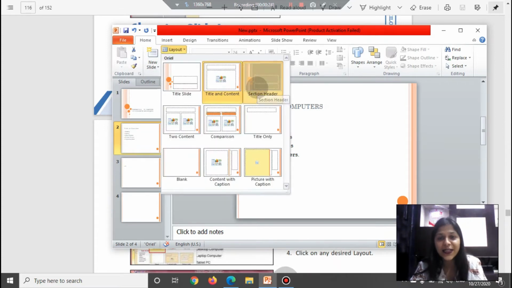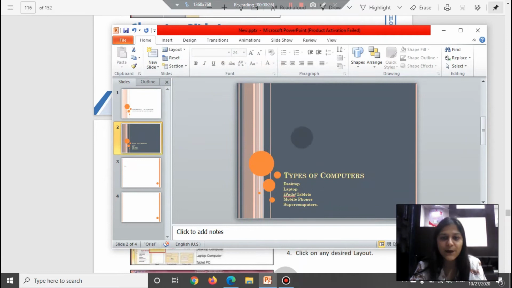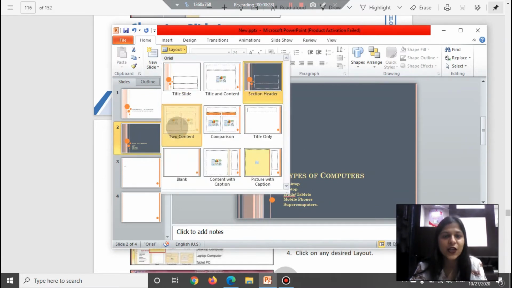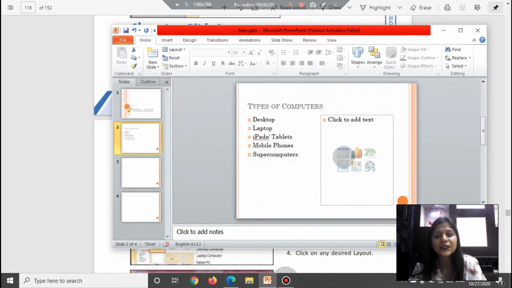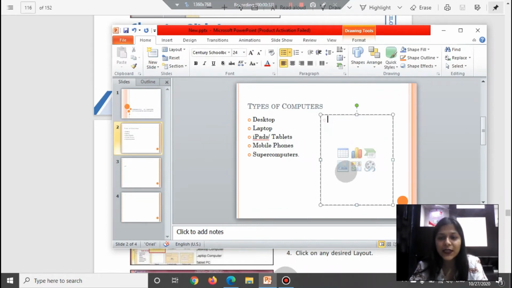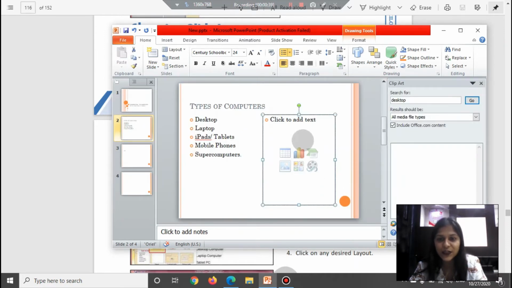So in this I can select this one, and as you can see, my slide's layout has been changed. Or I can do two contents, as this is what we want in the book, right? Now I want to add a clip art. So what I will do is click on this button, because it gives us the option to add a graph, insert a table, insert a chart, insert a graphic, image or clip art, or a media clip, which can be a video, right? So we can do all of that.